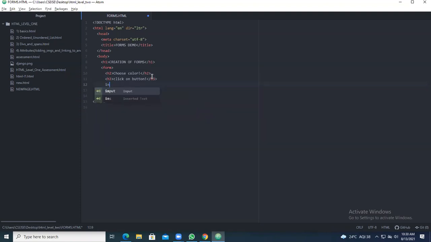Now you go with an input. Input type, you take it as color. So here you are getting color. Name is equal to something, value you are not giving anything else. We shall see how this is going to work. Value you have not given anything, name also you have not given, but the type you have chosen is color. Kindly save this particular thing.